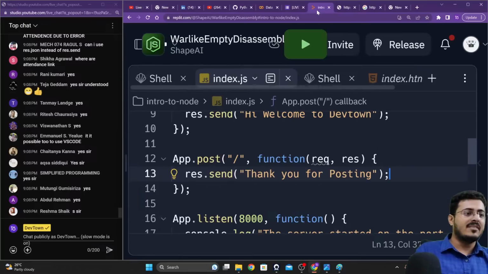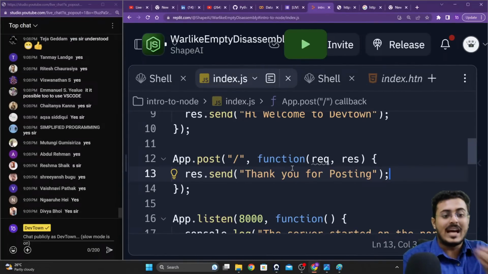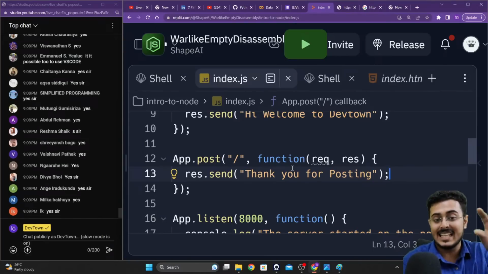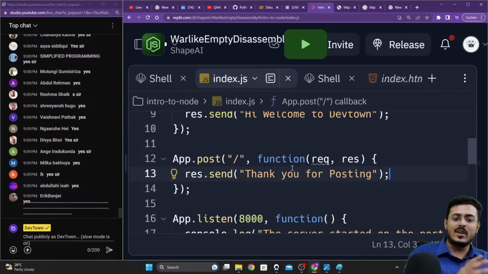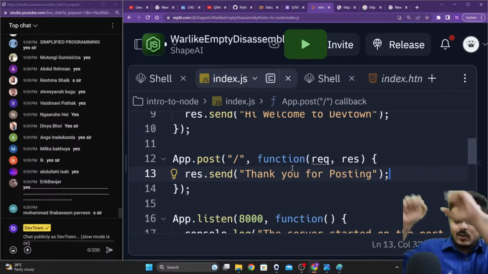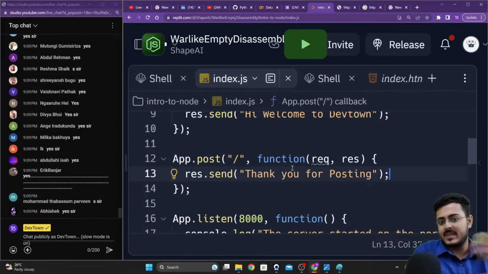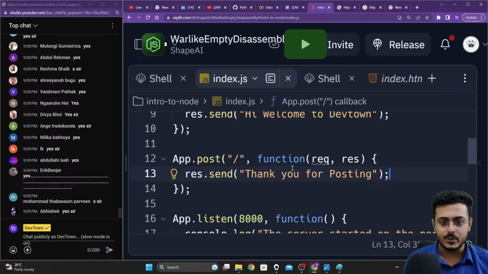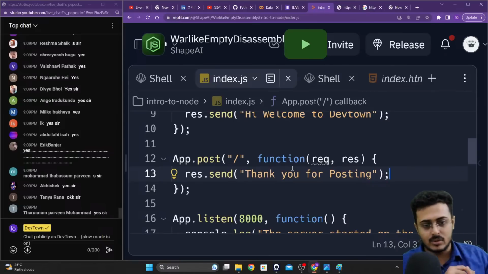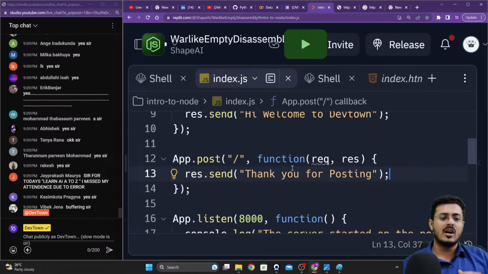Okay, the next thing that we have to do is we need to get the access to that data, the 12 and 5, the data that we posted right over there. If you want to do some calculation in the backend itself, you want to get the data. You have got the data from the post. You are going to keep the data inside the backend. You are going to do something with the data, and the result you want to deliver it back to the website itself. This is what you want to do. So for that, we need the access to that particular data itself, to that payload itself. We need the access to that. So do not worry about it. That is something that we will be doing right now.